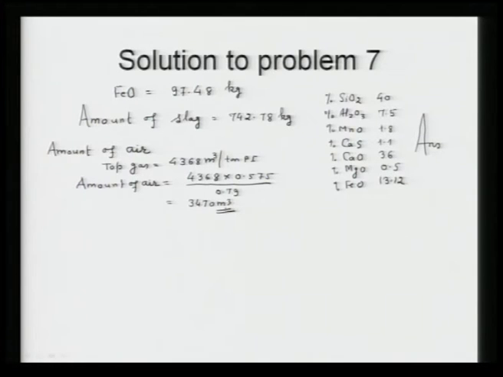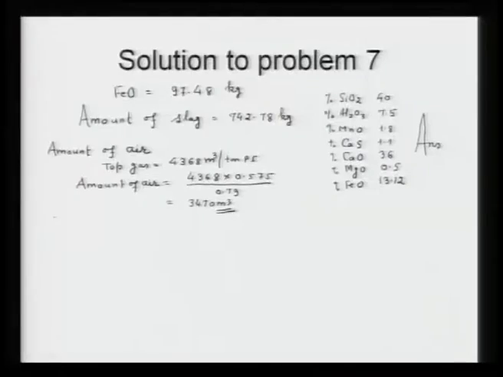That is what you have calculated directly from the top gas. Now, you have to compare it by oxygen balance, because one can do the oxygen balance and compare from the two independent sources. One independent source was top gas, another independent source is oxygen balance. So, now you know that oxygen in top gas